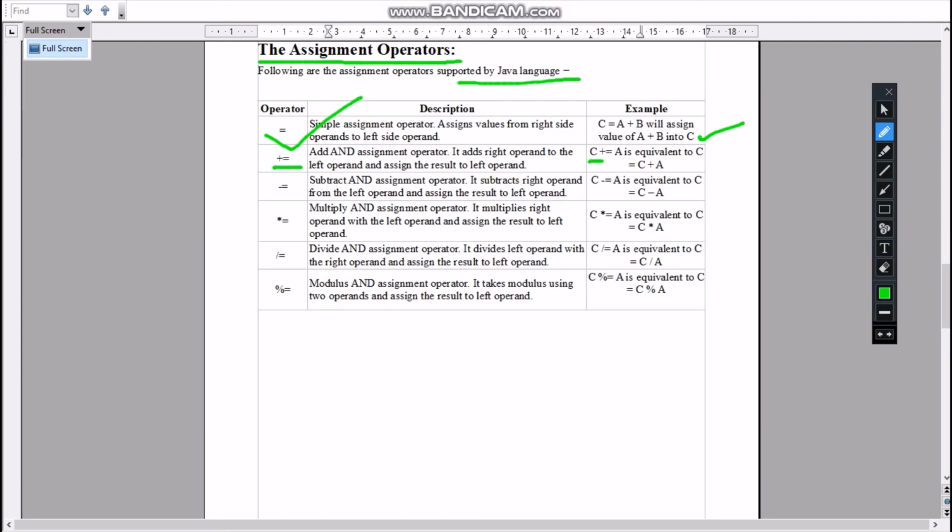Here C += A is equivalent to C = C + A. Minus equal to. Here C -= A is equivalent to C = C - A. Star equal to. Here C *= A is equivalent to C = C * A, and so on.